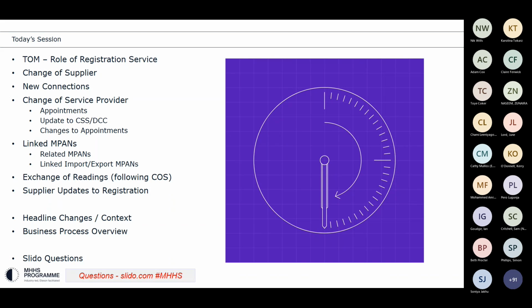Then we'll walk through the processes in a little bit more detail, and the plan will be to take Slido questions collectively at the end. Again, just to remind everyone, you can do that on the Slido website using the MHHS